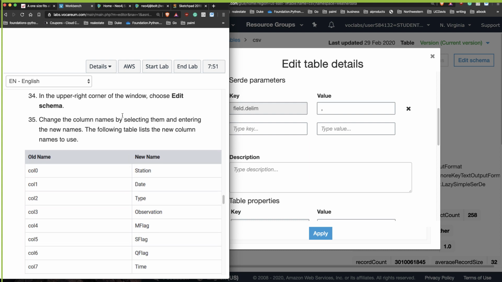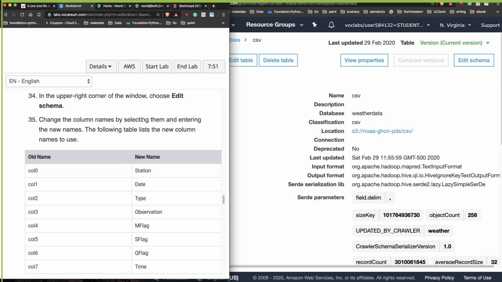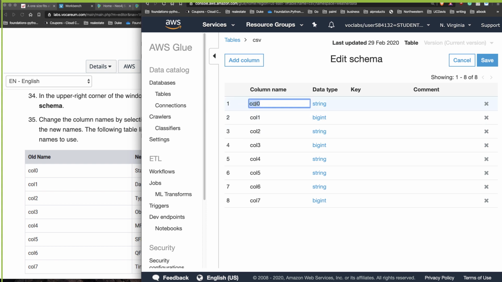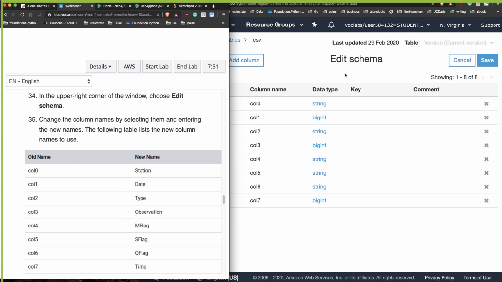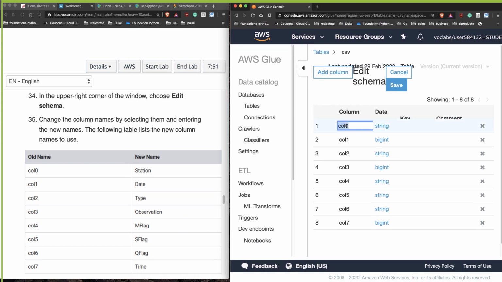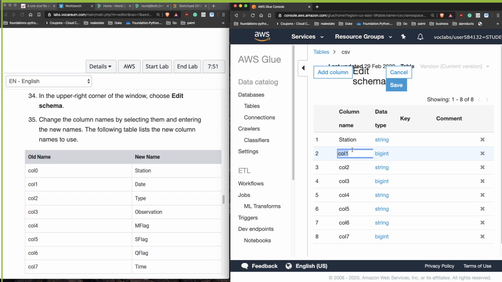So we want to change the columns by selecting them and entering new names. So we're going to choose edit schema here, and then we're going to change these. I'll scroll this over a little bit, and we'll say that's going to be called station. Oh, I guess I have to work hard here and actually type something. So station, and then next up would be date, and then type,